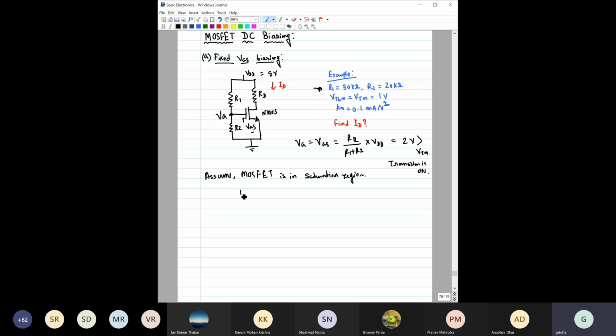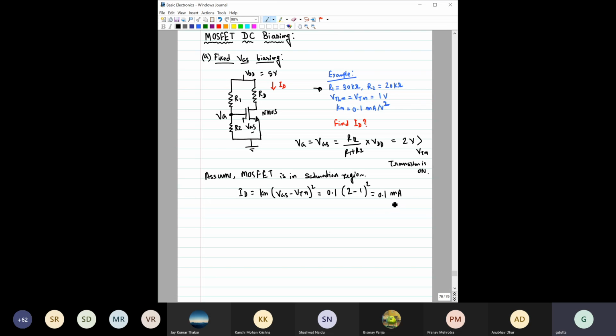If we assume that, then we can write this equation Kn (VGS minus VTN) square. Just substitute the values. Kn value is given. VGS that we have extracted as 2 minus 1, that square, that will give us 0.1 milliampere. So this ID value is coming out to be equal to